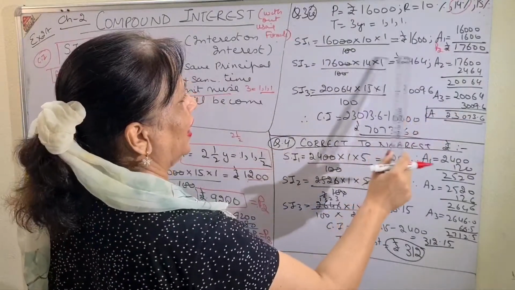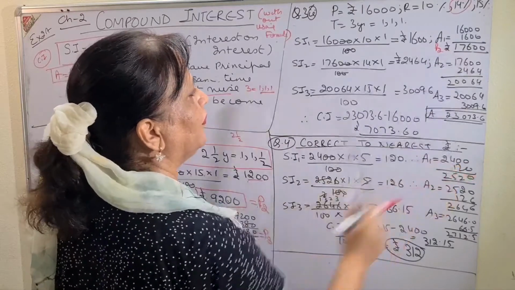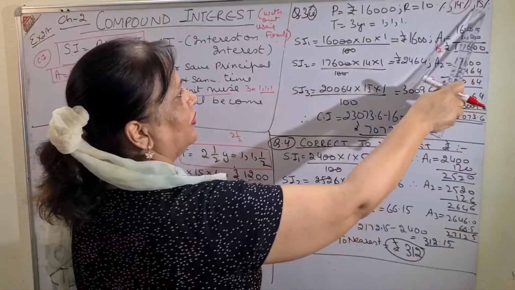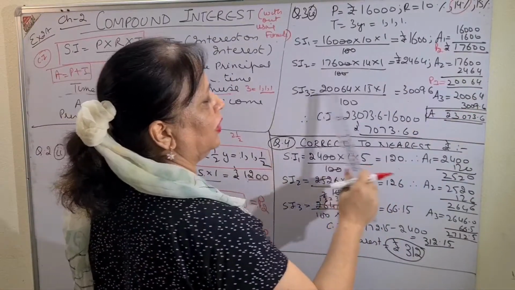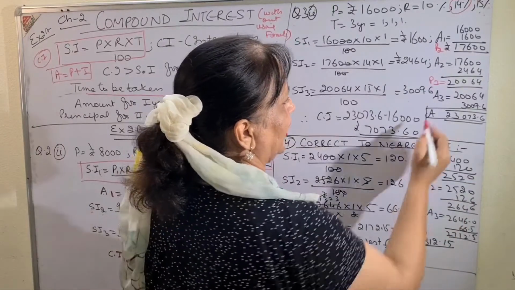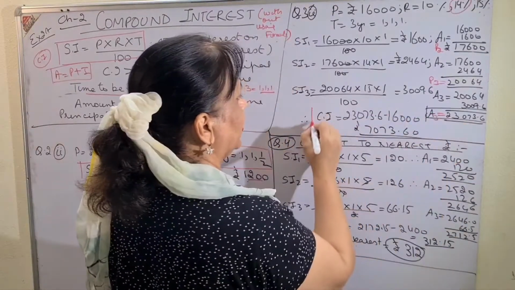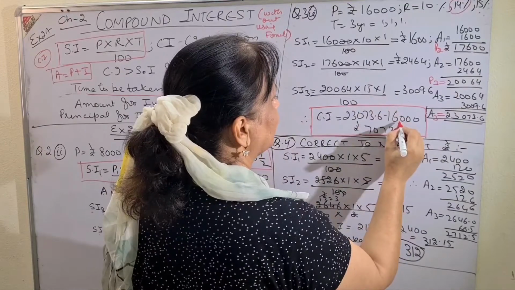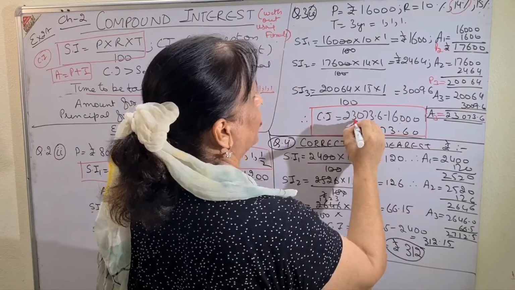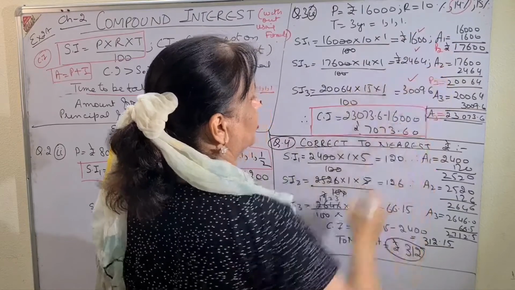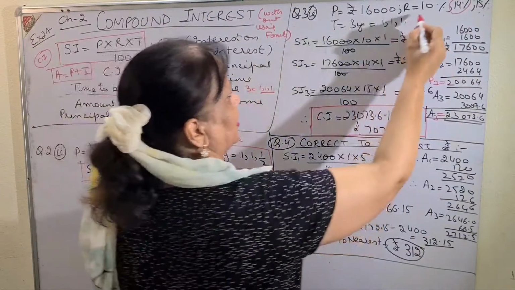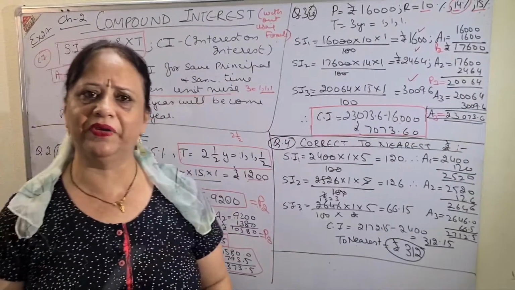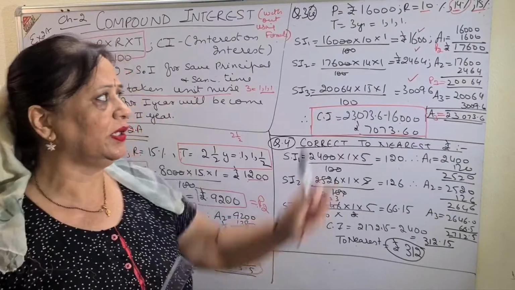Then again the time was 1. Again calculated, same method, amount 2. Amount 2 will become the principal for the third year, P3. For P3 my rate was 15%, so I took 15% and calculated in the same way. At last I got A3, this is my final amount, and compound interest will be calculated. That means the original principal is to be subtracted from the final amount, or you add the 3 interests, that will also give you compound interest. The only difference here was successive rates. Successive means every year the rate is also changing. Not in every question will you get it, but in whichever question you get it, do it like this.